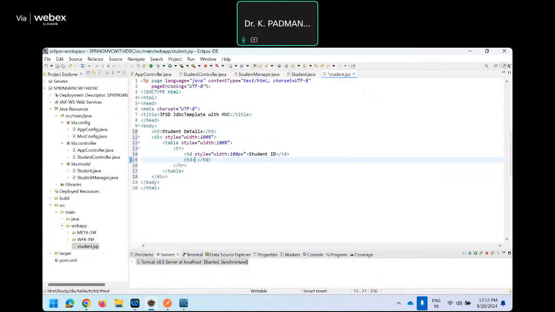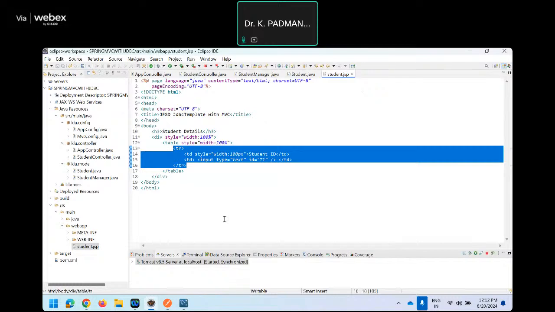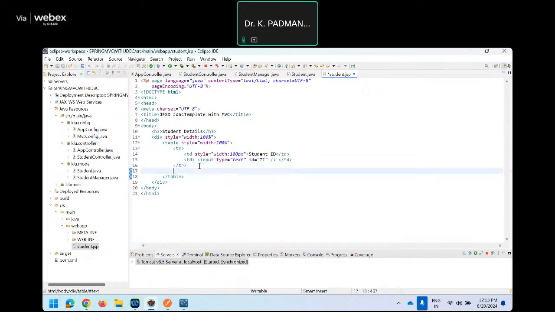The second column I'm going to use to place an input control. So we can use the tag input. Input type is text and assign ID T1. So text box 1. Like this, we can create three table rows to get student ID, student name, and department. So let me copy the table row and paste it